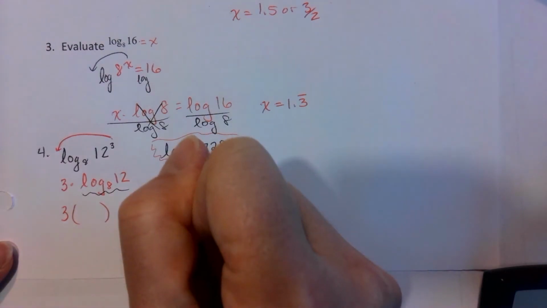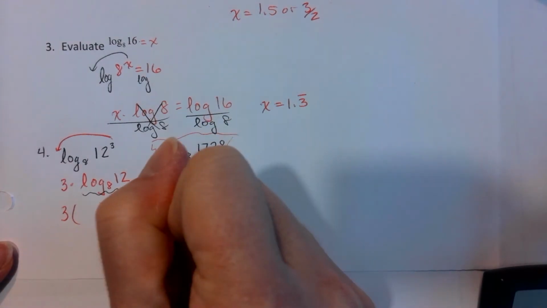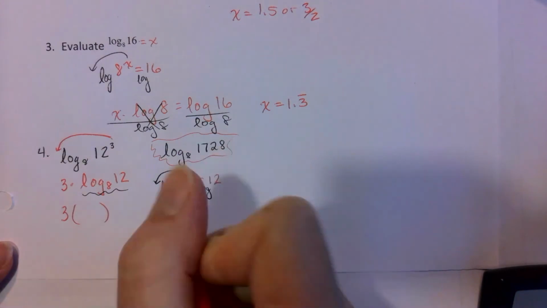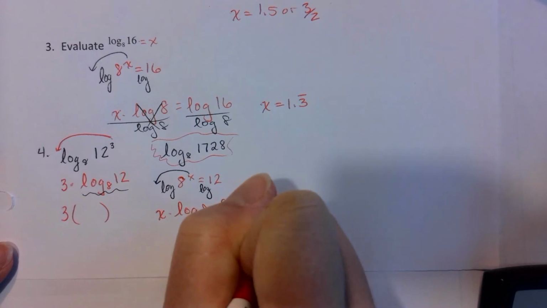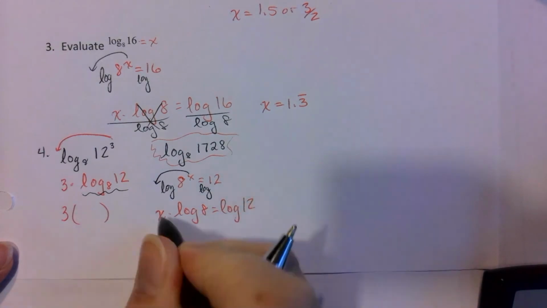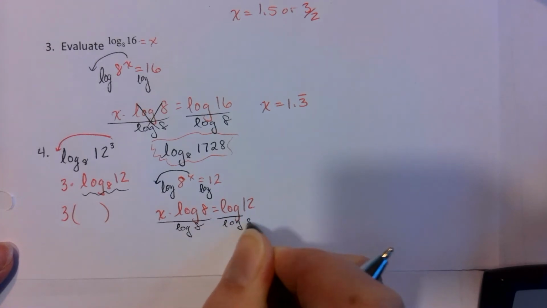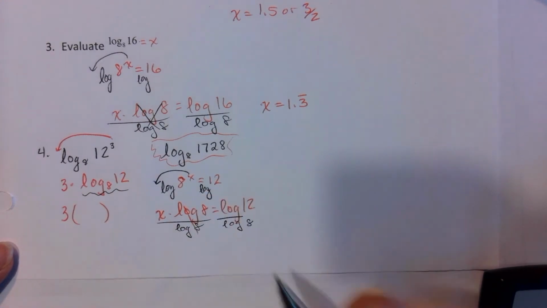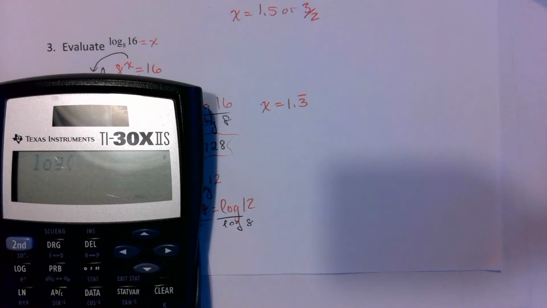I'm going to sneak in here and take the log of each side. And that brings that power out of its position. And I now have x times log 8 equals log 12. And then I'm going to divide both sides by log 8. Okay, so that is going to cancel, and I get x. I'm going to put approximately, and I'm going to type in my calculator, log 12 divided by log 8. Again, closing my parentheses, and I get